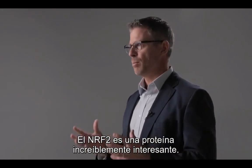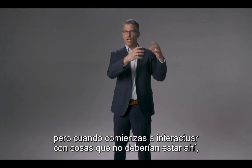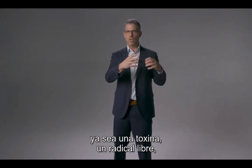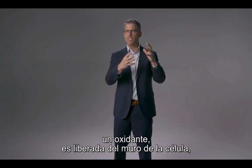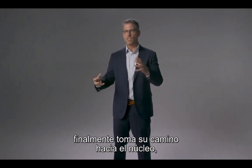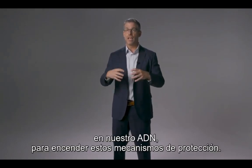Nrf2 is an incredibly interesting protein. Normally it's just sitting quietly in the cell, but when it starts to interact with things that shouldn't be there, whether it's a toxin, a free radical, an oxidant, it gets released from the cell wall. It ultimately makes its way into the nucleus and is literally flipping the switches on our DNA to turn on